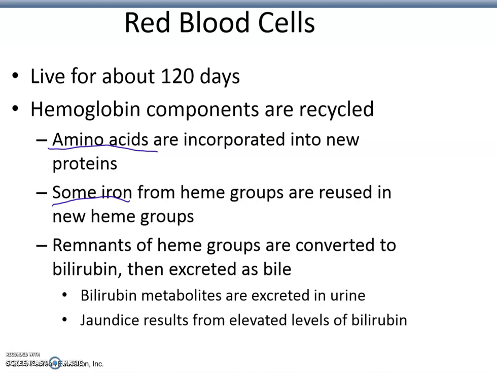A baby that was maybe born prematurely, that doesn't have the liver function picked up yet, might end up with jaundice, which results from elevated bilirubin levels. Also, people that have hepatitis, they would end up with jaundice because the liver can't process all of the